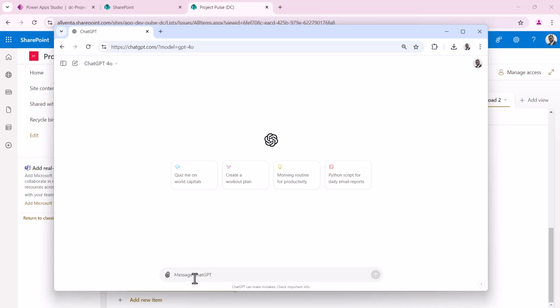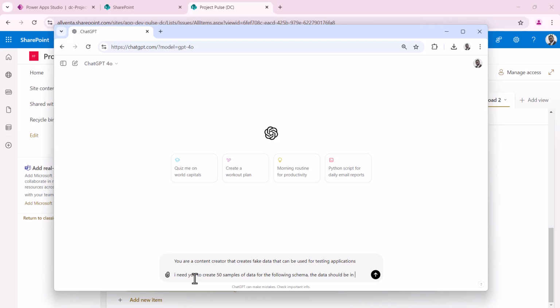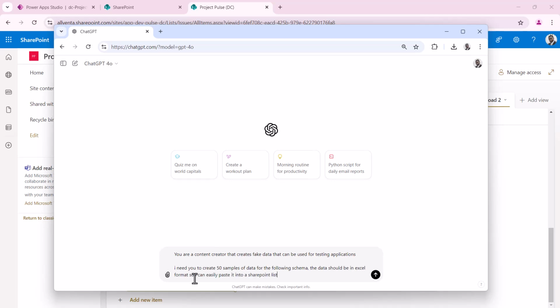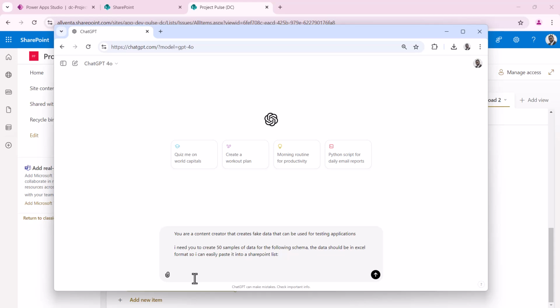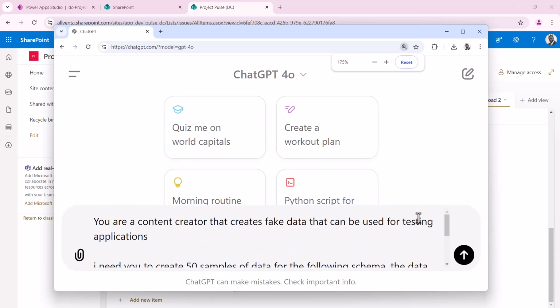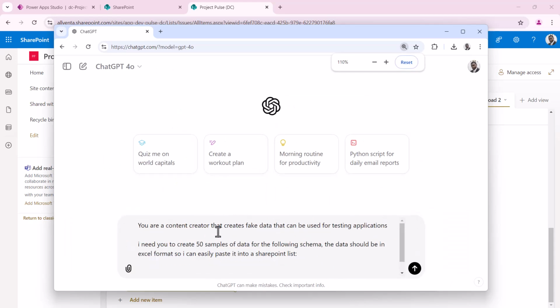So I'm going to say something like you are a content. Okay, so here we go. So let me just zoom in on this one. So you are a content creator that creates fake data that can be used for testing applications, right? So this is his personality or persona and what it's doing and somewhat a reason why it's doing what it's doing, right? Because I'm a firm believer and I've seen the better results when you really talk to the AI